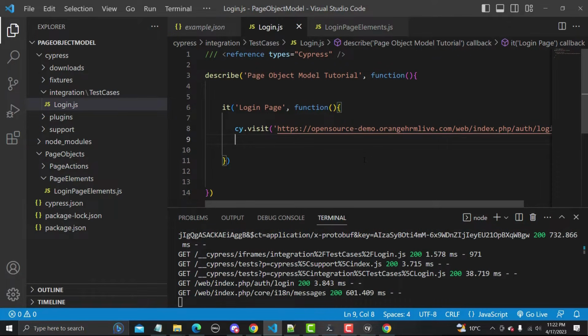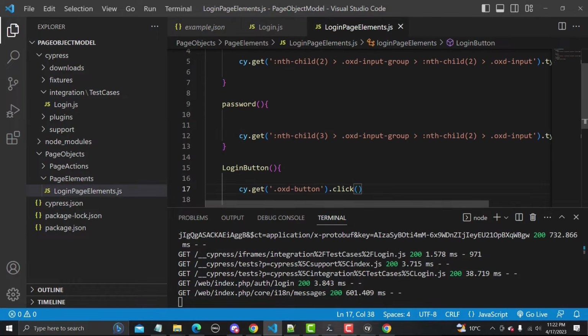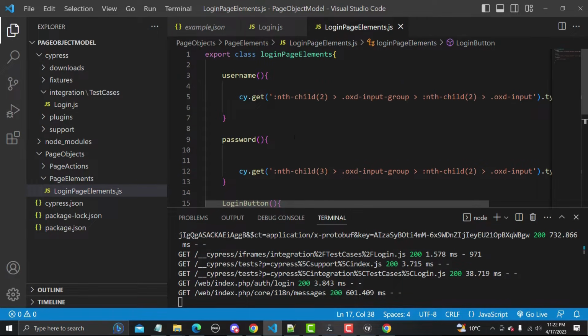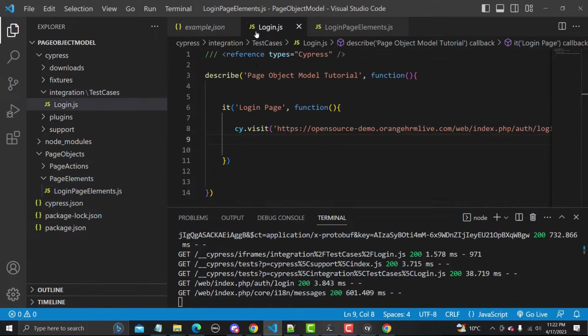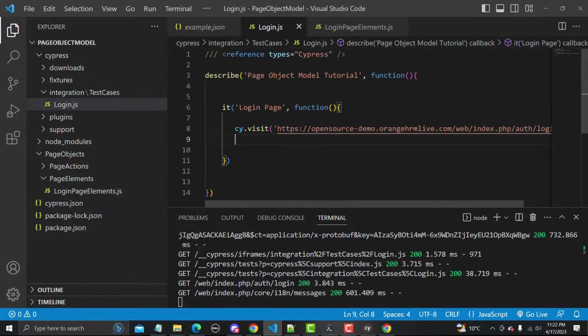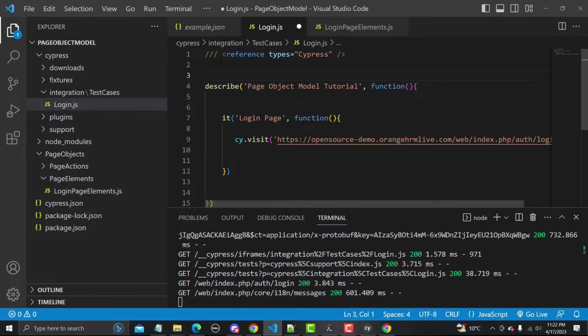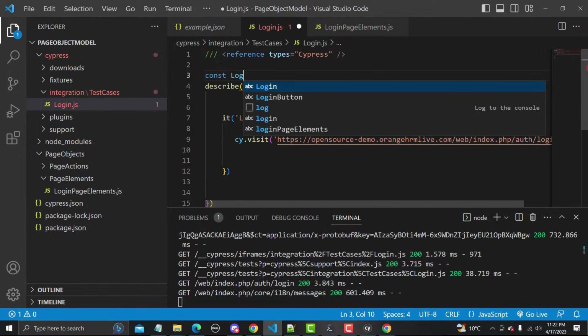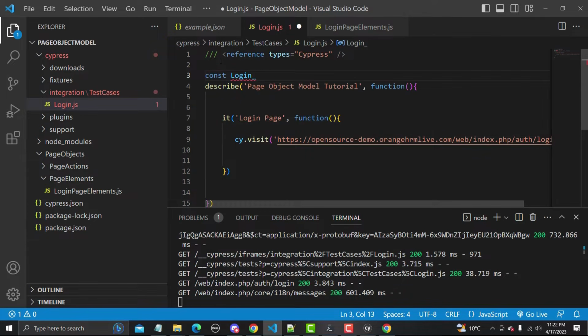And now in order to use this class, we need to create an object for this one in the login.js so that we can call these methods here. This is our test file, right? So here on the top, I'm using a variable const, and I'm naming a variable called login underscore elements. You can name it according to your requirements. This is just a variable name.